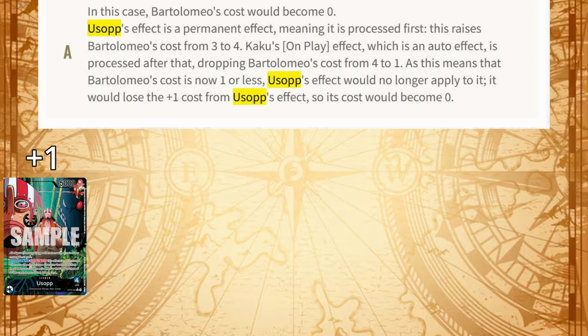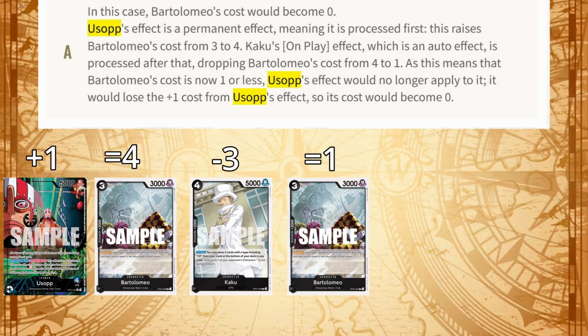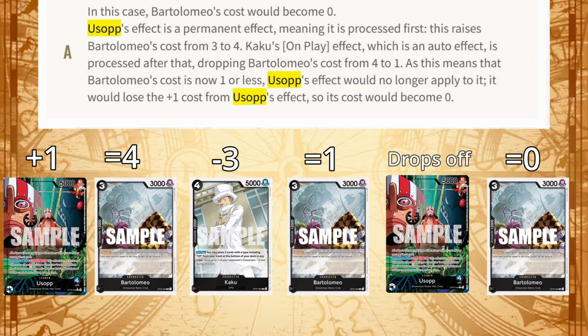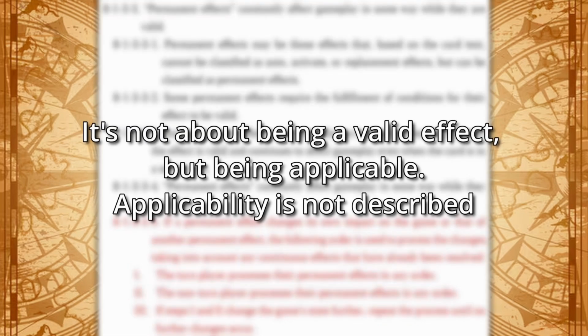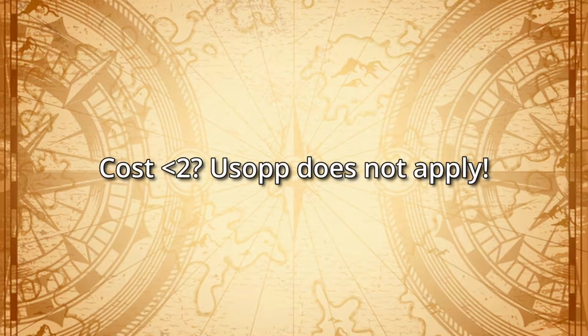A non-permanent continuous effect is introduced. Usopp was already applied, but now the cost is below the applicable condition for Usopp. So Usopp here somehow sort of checks again and the buff to cost would drop off. This makes sense intuitively, but I so far failed to find a comprehensive rule that would support this. So keep in mind that Usopp's effect is not applied anymore if the cost drops below 2, even if Usopp's